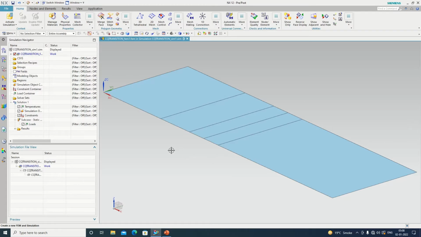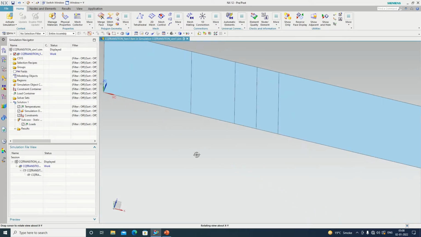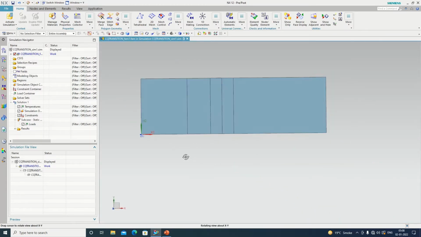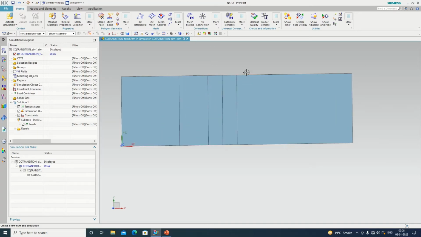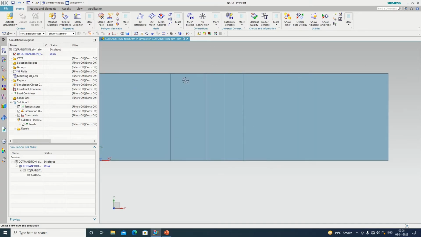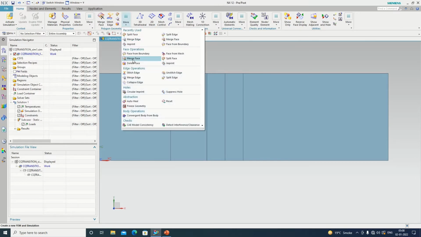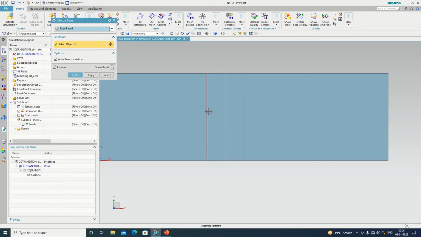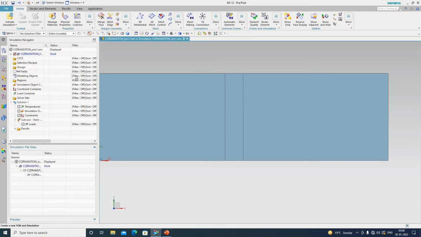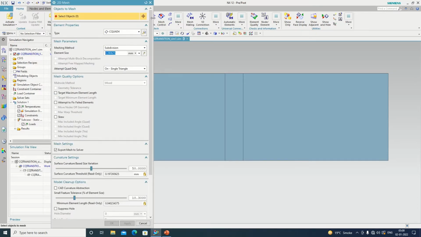Then OK. Now what we can do is, first of all, move it to the projected orthogonal projection and merge these faces which were extra generated. We only require 3 sections, so merge this face and this face. Okay, this command is also available in polygon geometry, and from here what we can do is generate the 2D mesh.